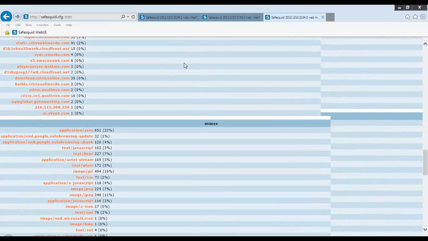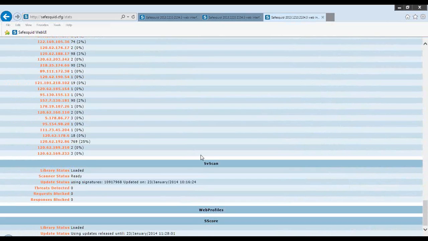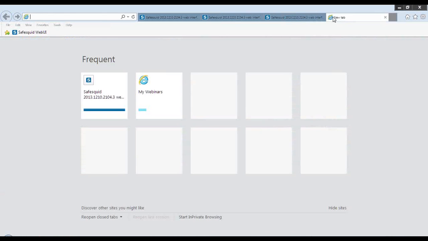We now also have web profiling brought in. So if there is a particular content that had been profiled in a particular classification, you will be able to see it. For example, it's empty right now, so let's access some website and check it out.